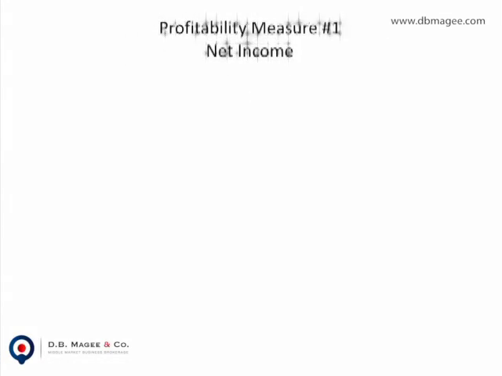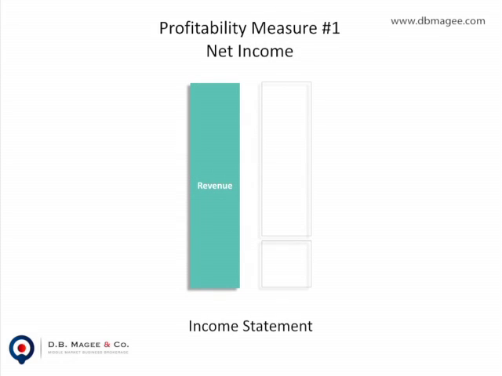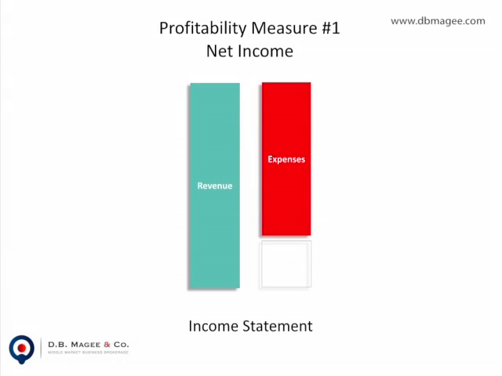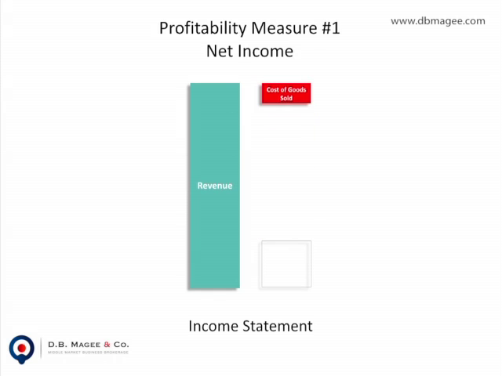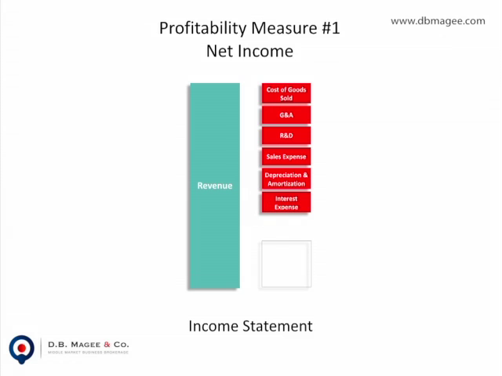Net income is reflected on the income statement. As a short review, the income statement captures income for a specified accounting period, whether that be a month, a quarter, or a year. When we say income, that includes both operating income, the income we generate from customers, and non-operating income, like gains or losses on investments. The income statement also captures the expenses incurred over the same period. If we include everything: cost of goods sold, general and administrative expense, research and development, sales expense, depreciation and amortization, interest expense, and tax expense, then the difference between income and all of these expenses is net income, our first